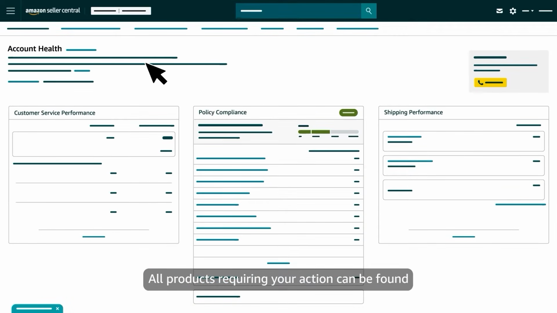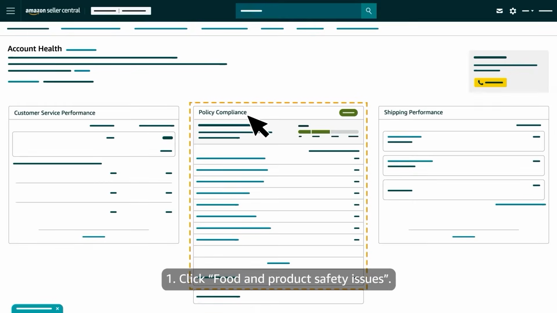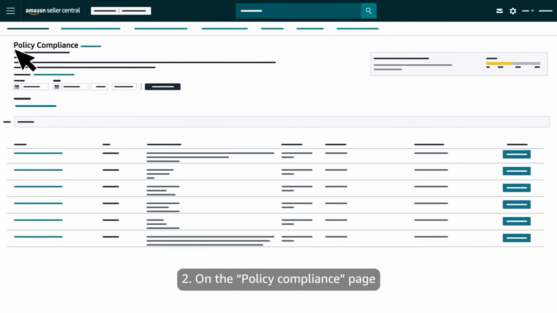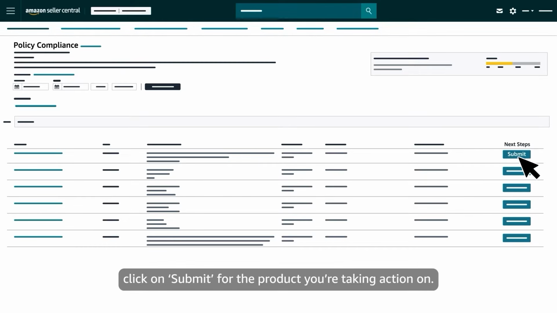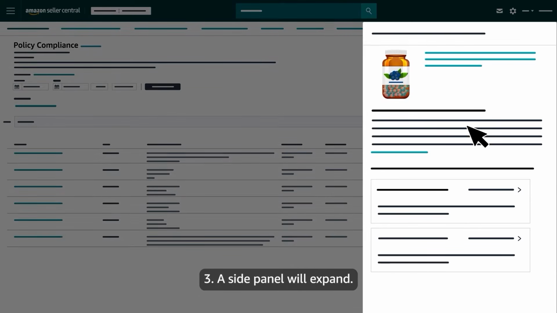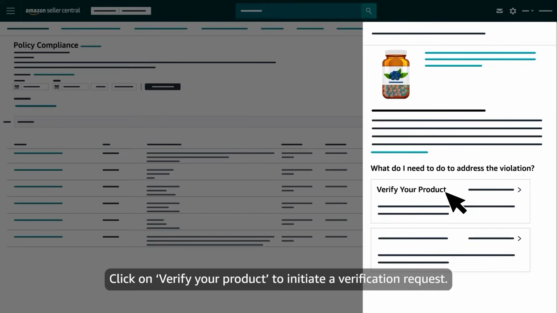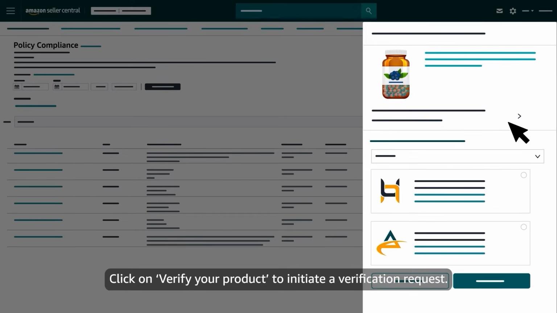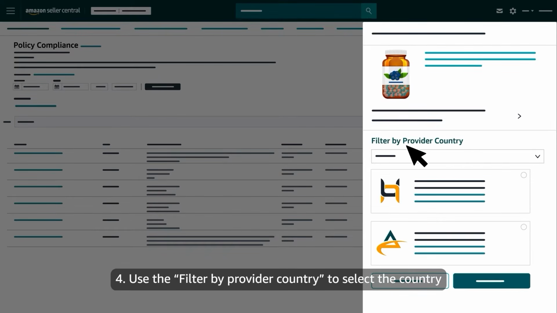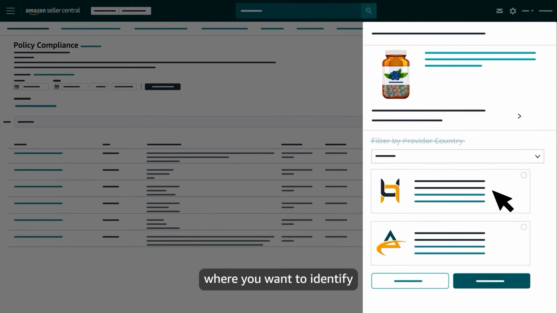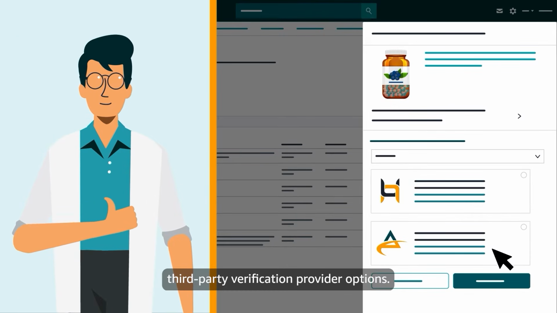All products requiring your action can be found within Account Health under Policy Compliance. 1. Click Food and Product Safety Issues. 2. On the Policy Compliance page under Next Steps, click on Submit for the product you're taking action on. 3. A side panel will expand. Under What do I need to do to address the violation, click on Verify your product to initiate a verification request. 4. Use the Filter by Provider Country to select the country where you want to identify third-party verification provider